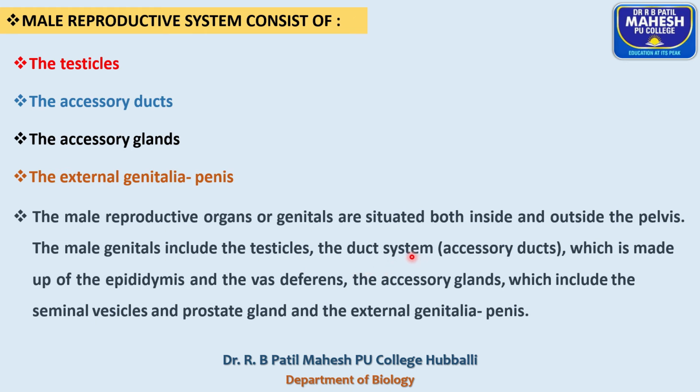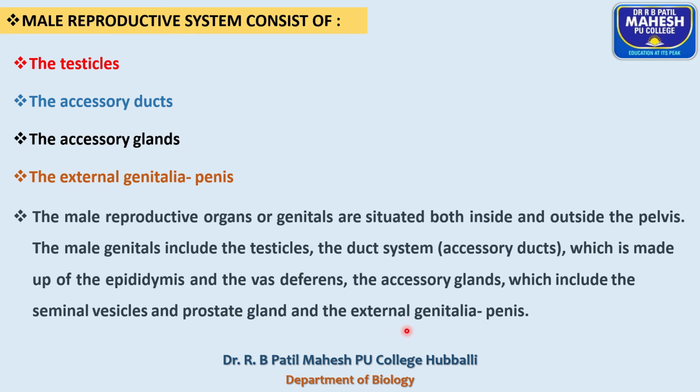The duct system includes rete testis, vasa efferentia, epididymis, vas deferens, and ejaculatory duct. During the movement of sperms, the sperms are nourished by the secretion of three male accessory glands: seminal vesicles, prostate gland, and bulbourethral glands. The last one is the male external genitalia, the male copulatory organ that helps in the release of semen into the female genital tract at the time of sexual intercourse or coitus.